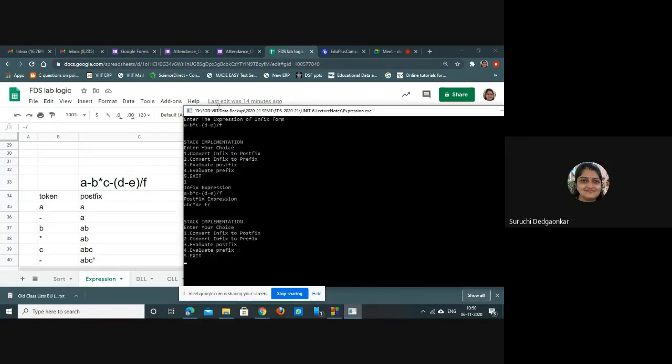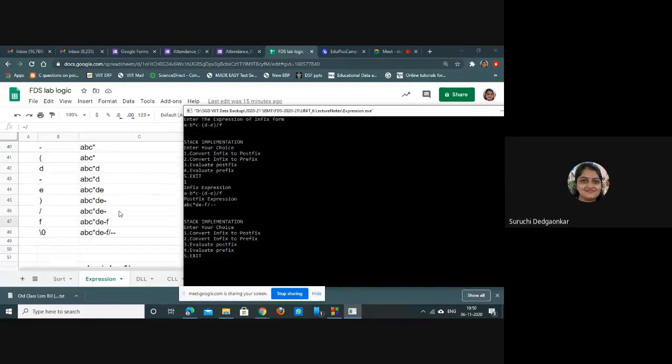This is the expression converted into postfix: A B C into D E minus F divide minus minus.